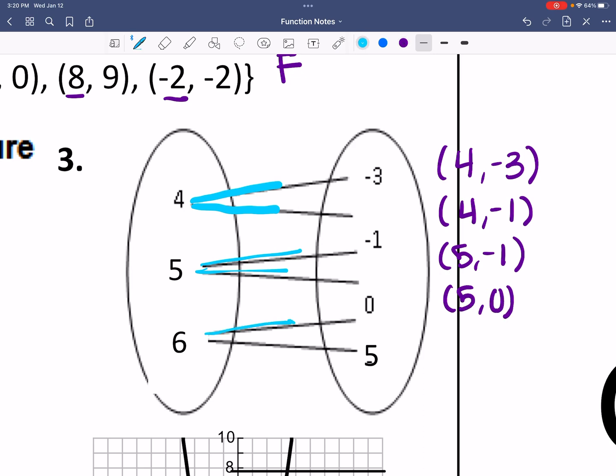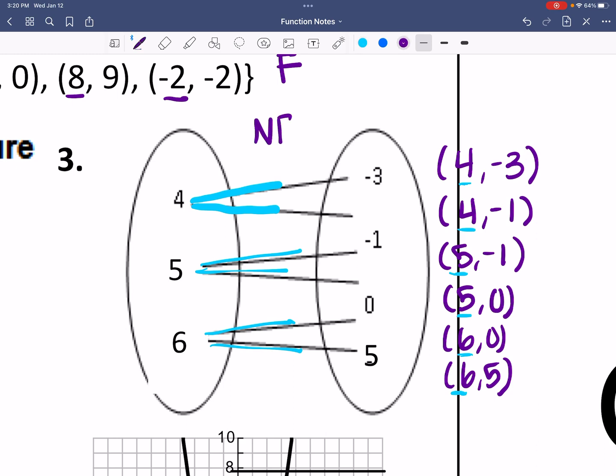Then I see I have 6 being paired with 0. And I also have 6 being paired with 5. So then we look here, I have 2 4s, I have 2 5s, and 2 x's for my x values. So here I see that these are all repeating themselves, so this lets me know that this is also not